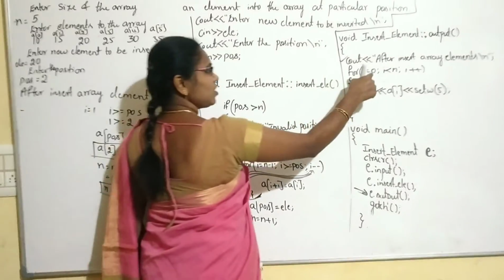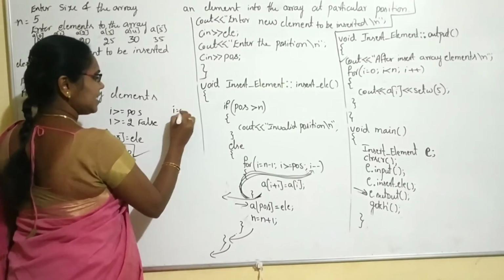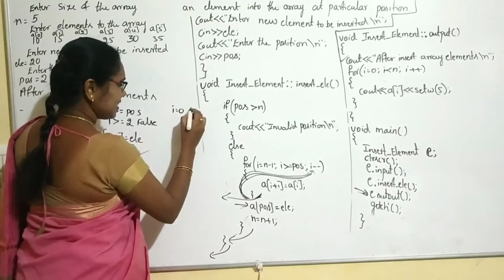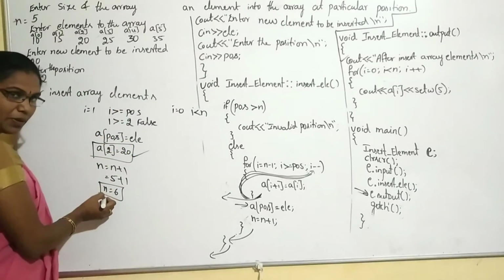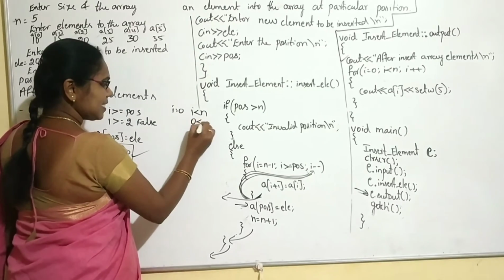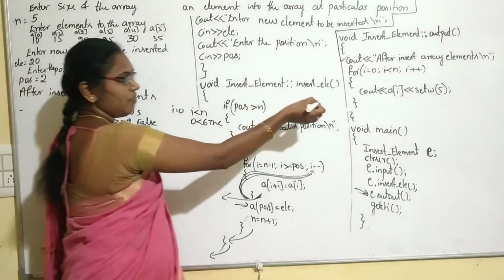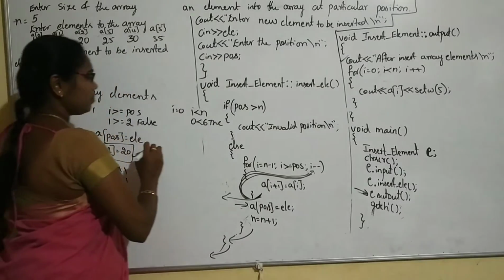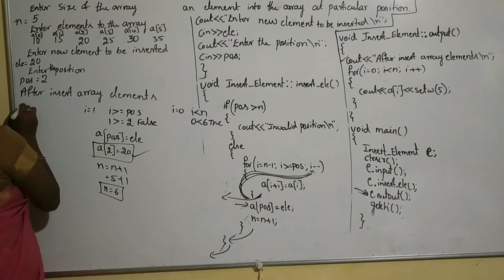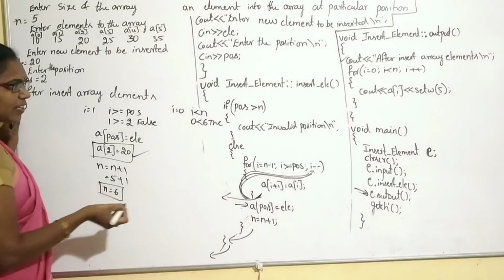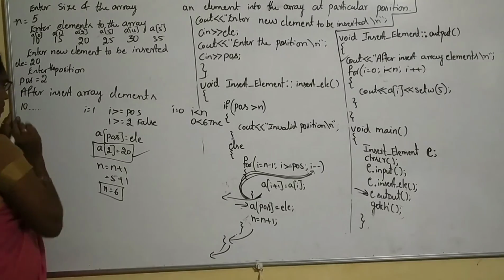Next, here we initialize the value of I as 0, right? The initial value of I is 0. We have given the condition I less than n. What is the value of n? In our program 6. So 0 is less than 6. Yes, the condition is true. Then it will print which value? A of 0 value. So in our program, A of 0 contains element 10. 10 is displayed. After that, the setw function will be executed and it will take 5 with space.